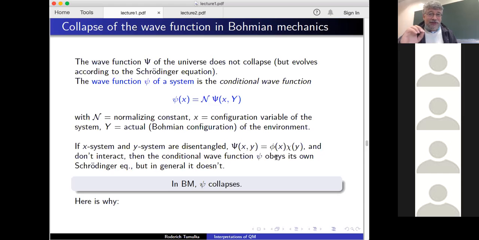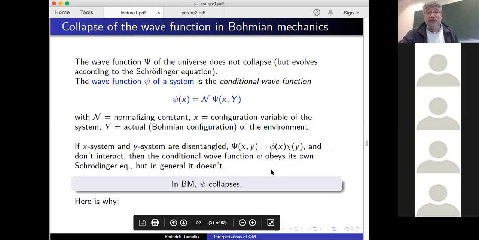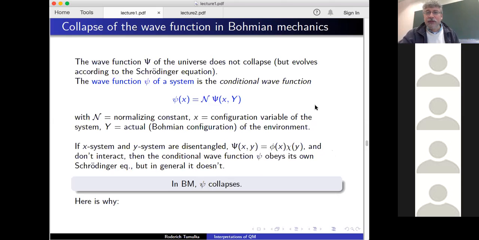But in general, the conditional wave function does not obey a Schrödinger equation. It obeys some complicated dynamics that depends on the whole complicated thing, the whole capital psi and the whole capital Y. Okay. And as a consequence of that, in a measurement situation, the conditional wave function actually collapses. So this is what I want to explain next. But first, I think we should have a short break